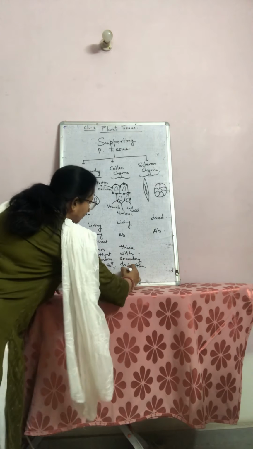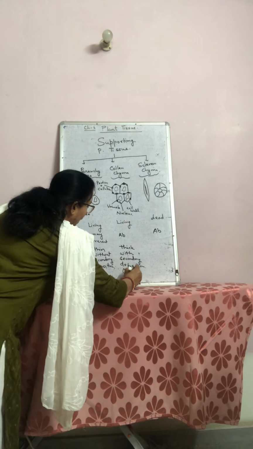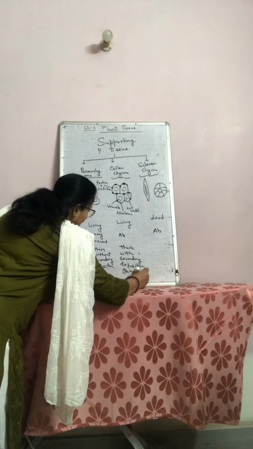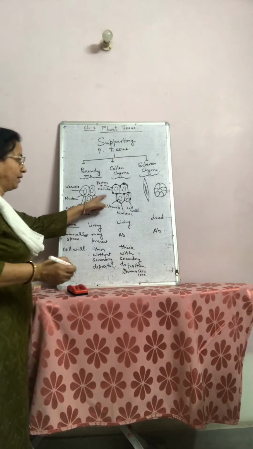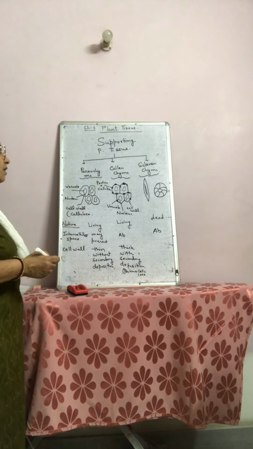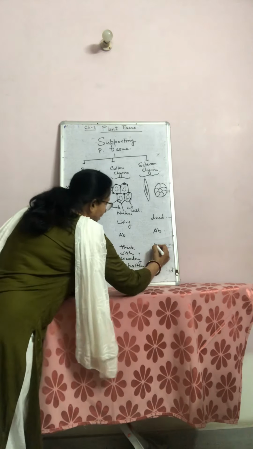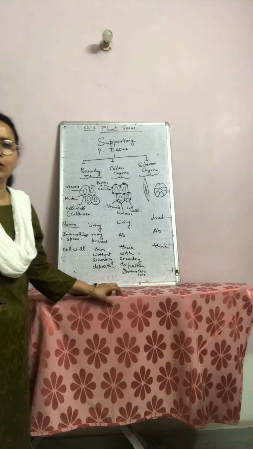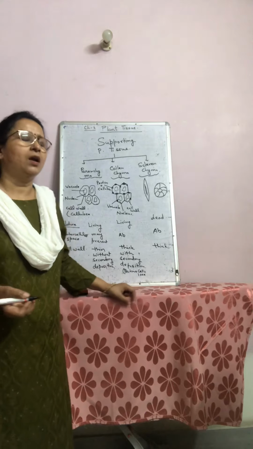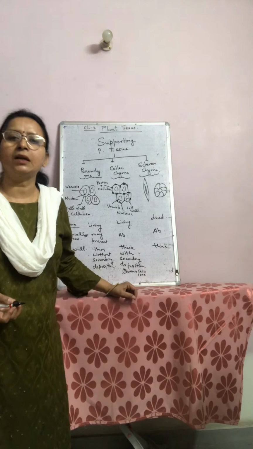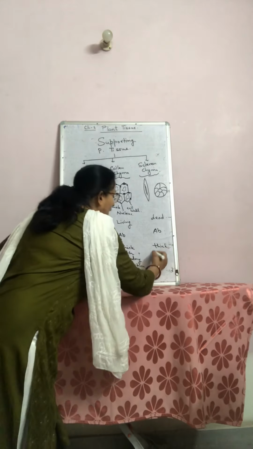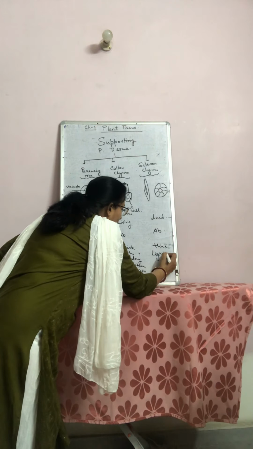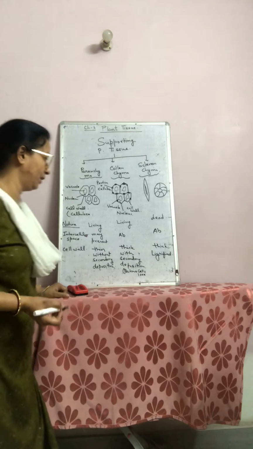That means here pectin plus cellulose are present, as discussed in the diagram. But when you see sclerenchyma, it is also thick, but here instead of cellulose or pectin, only and only lignin is present. That means it is lignified due to deposition of lignin there.